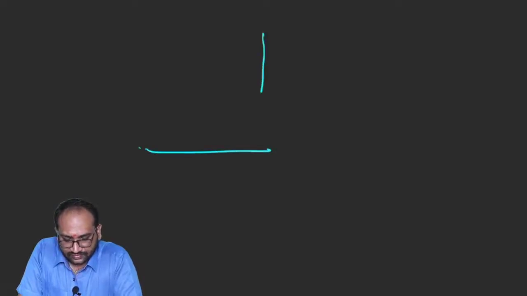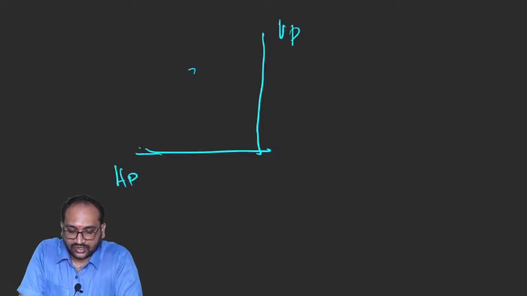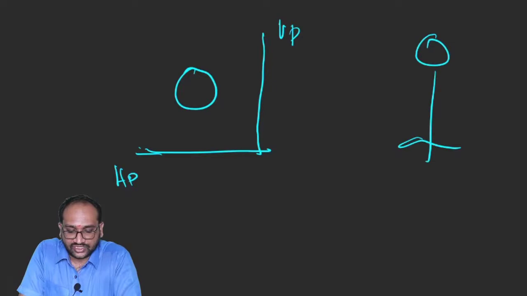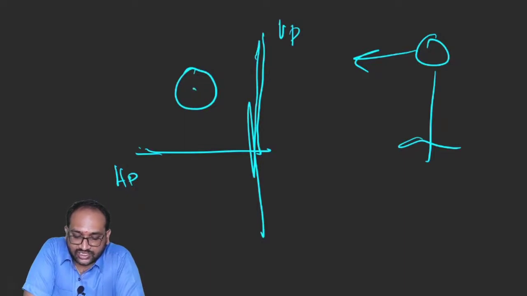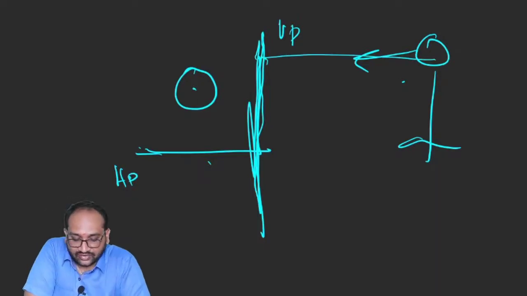This is second quadrant. This is horizontal plane. This is vertical plane. And this is the object. Observer sees the object in this direction. Coming to principle of second angle projection, plane of projection lies between observer and object. This is plane of projection. This is object and this is observer. Plane of projection always lies between observer and object. So front view is projected on horizontal plane and top view is projected on vertical plane. So in second angle projection, for front view observer sees the object in this direction, and for top view observer sees the object in this direction.